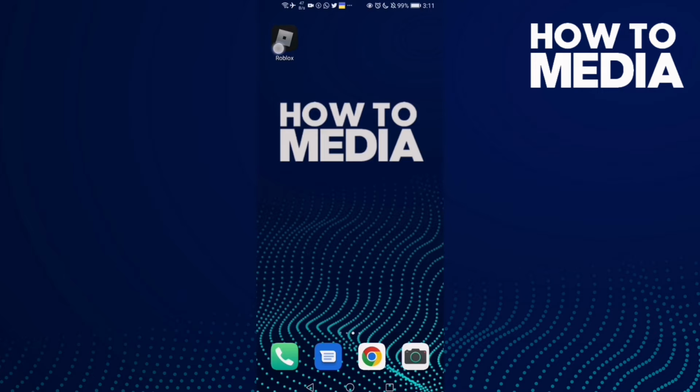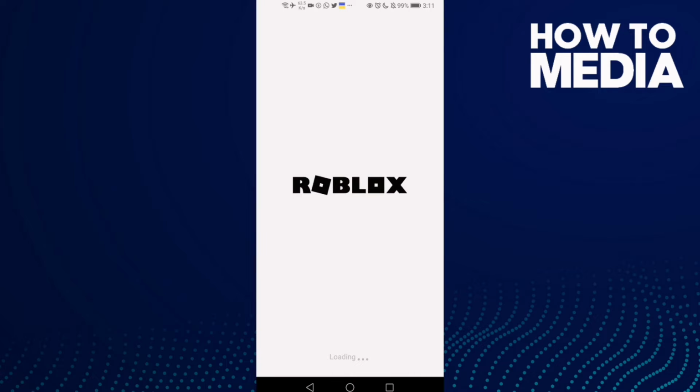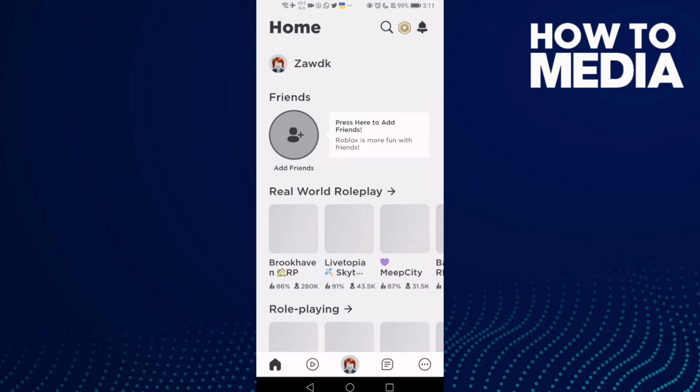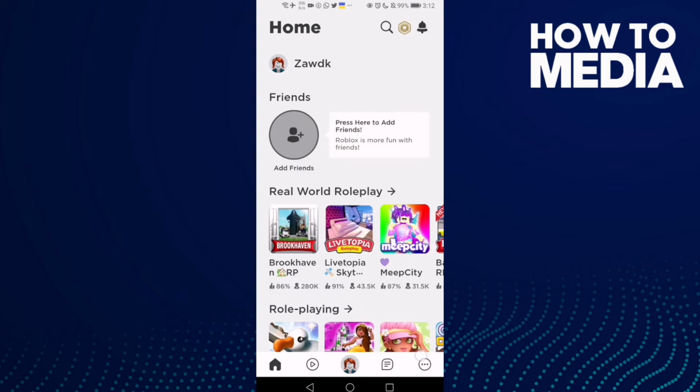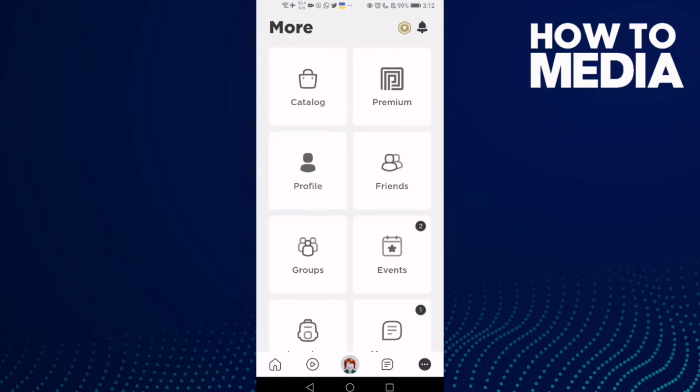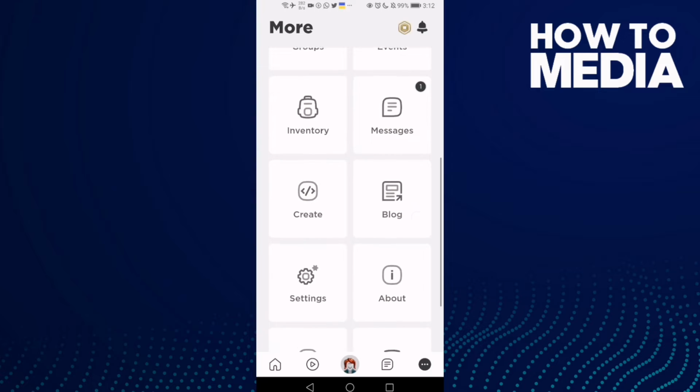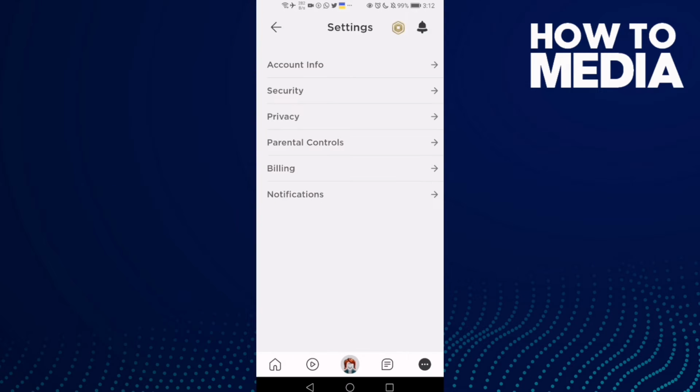First thing, go to Roblox and here just click these 3 points in the bottom corner and then just click settings and here click account info